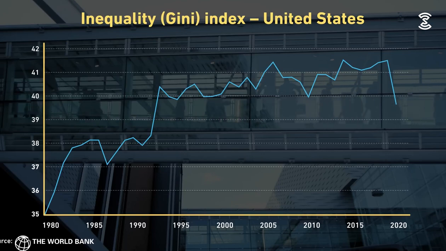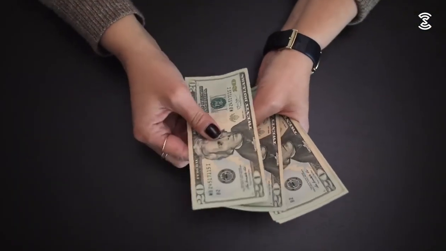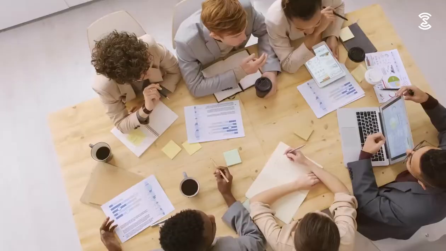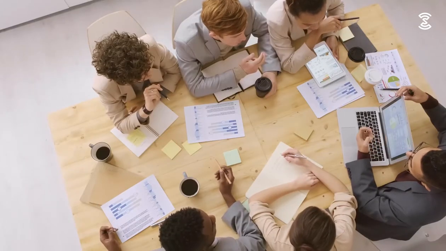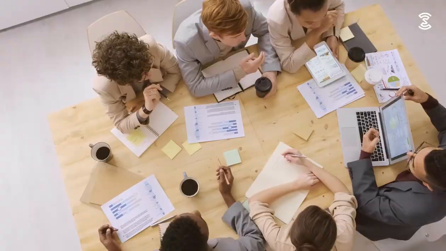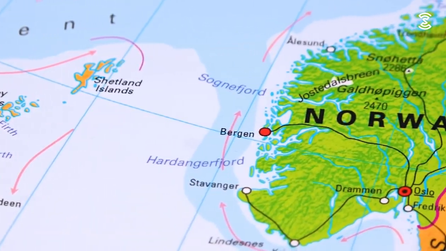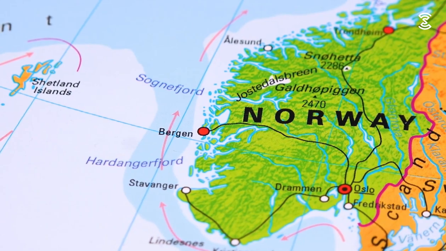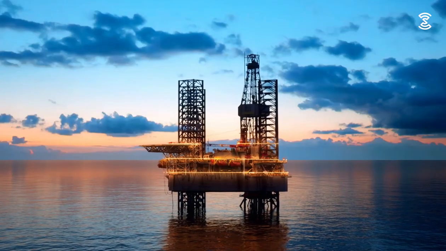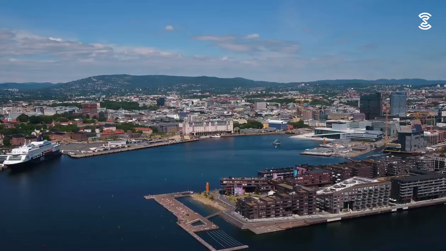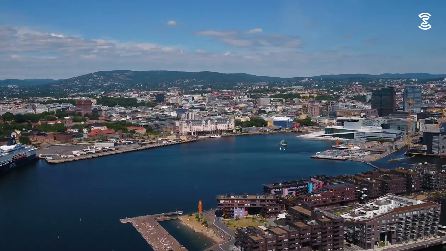Countries use a range of tools and policies to steer their economies. One such tool is fiscal policy. Through taxes, public spending, and budgeting, a government can control the flow of money within its economy. For example, Norway has built a national fund from its oil revenues, making its economy more resilient. This fund is invested for future generations, reducing reliance on oil and providing long-term stability.